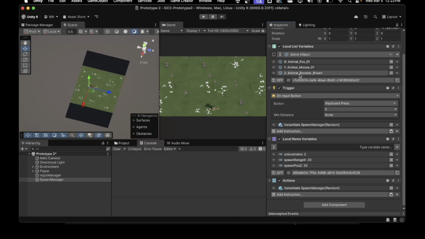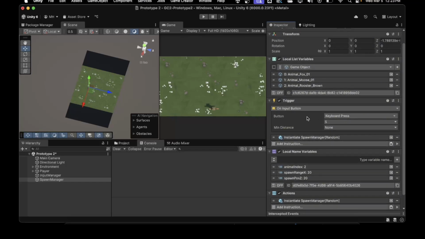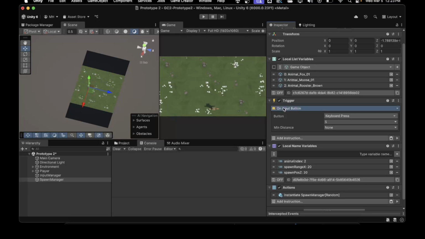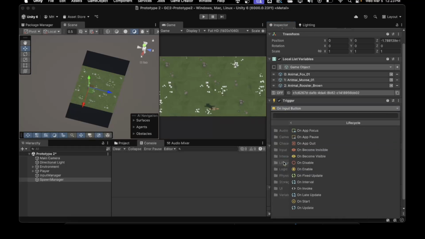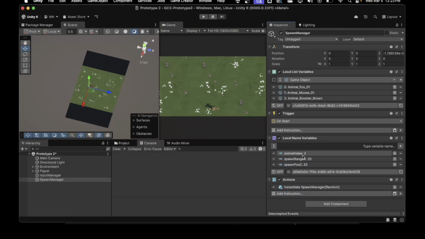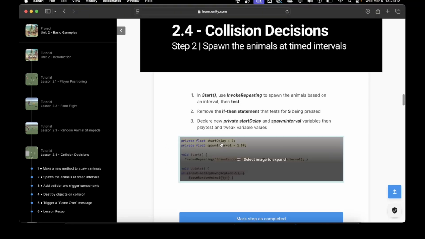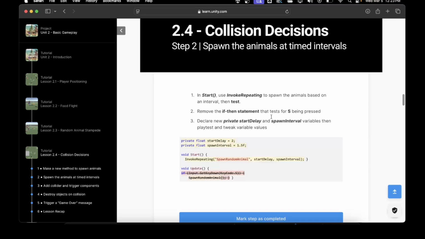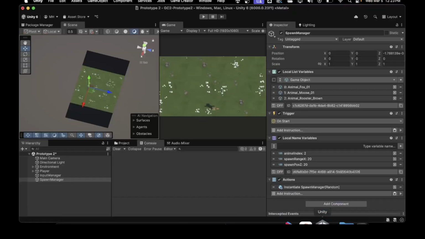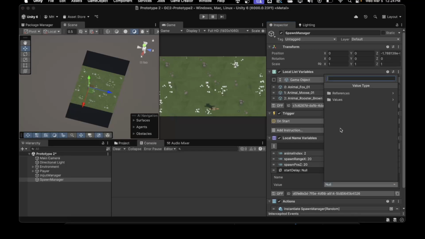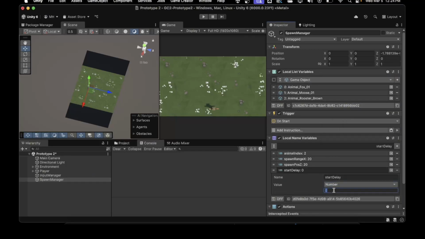So we're going to remove it from here. We're going to change this trigger to on start, so life cycle on start. So let's look at what they're doing. They are just doing invoke repeating, with a start delay of 2 seconds and then a spawn interval of 1.5. So we can add those as variables, so we could change them using the variable. Start delay 2,